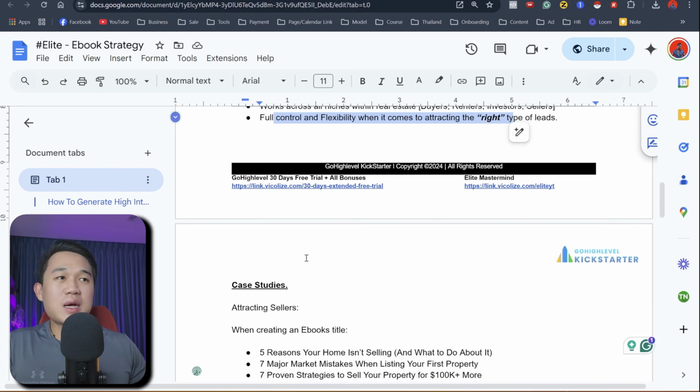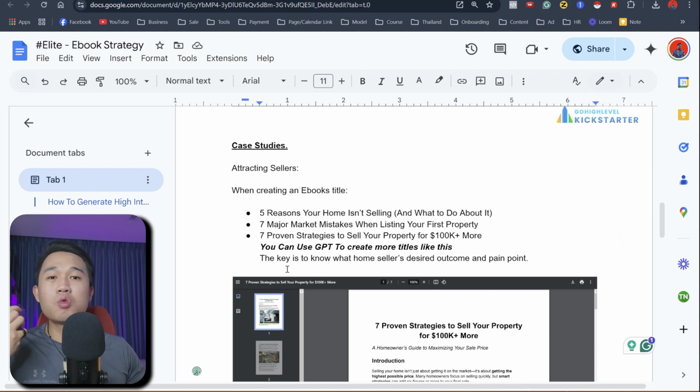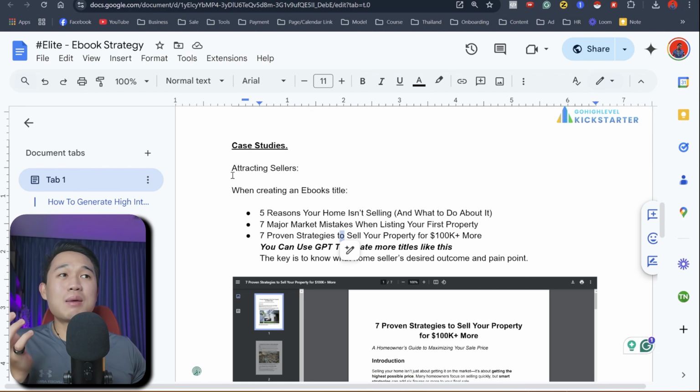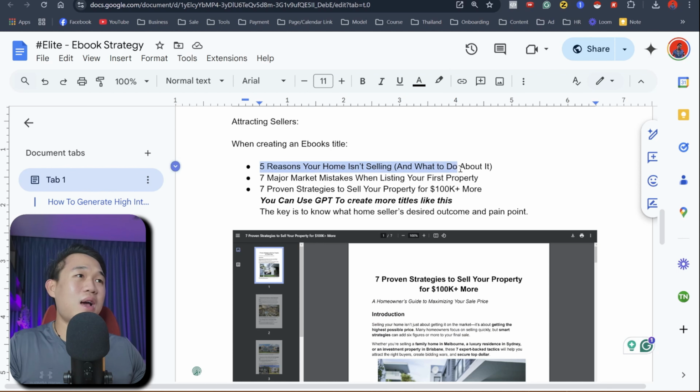And we're going to show you a case study here. Okay, we normally work with seller leads, right? People who want to sell their home. So when it comes to attracting seller leads, we'll actually create a bunch of ebook titles and split test them in our ad campaign. One of them is 5 reasons why your home isn't selling and what to do about it. 7 major market mistakes when it comes to listing your first property. This targets first home sellers, and this one is 7 proven strategies to help sell your property for 100K plus more. Okay,